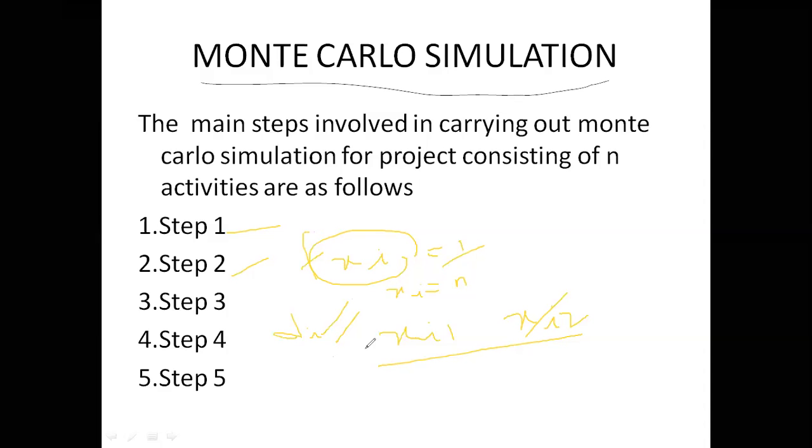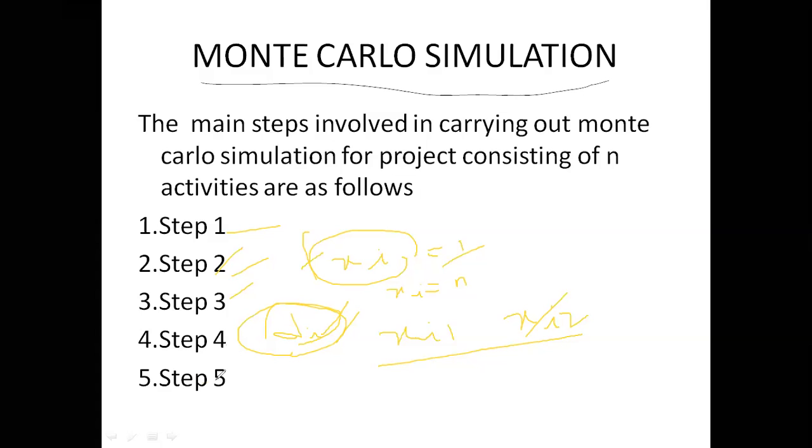So we have to substitute and store the result in di. Then step 4, repeat steps 2 and 3 for the specified number of times. Step 2 is the random inputs you are taking. Step 3 is you have to store in the di value. You have to repeat steps 2 and 3 the specified number of times.